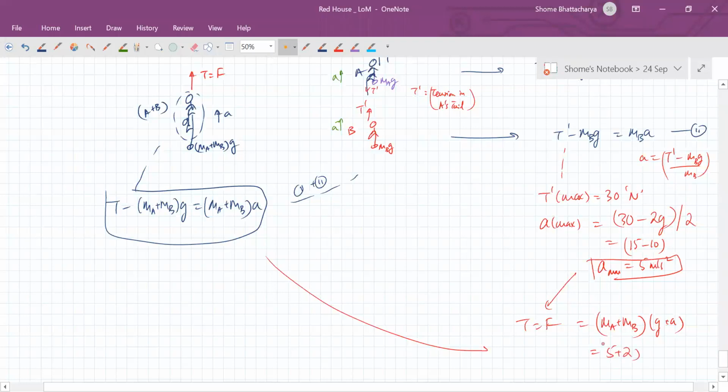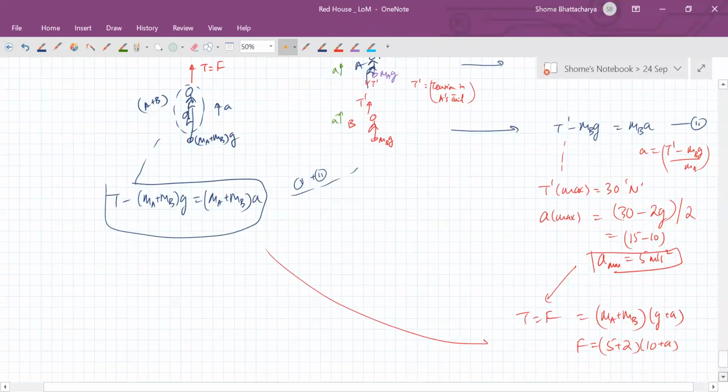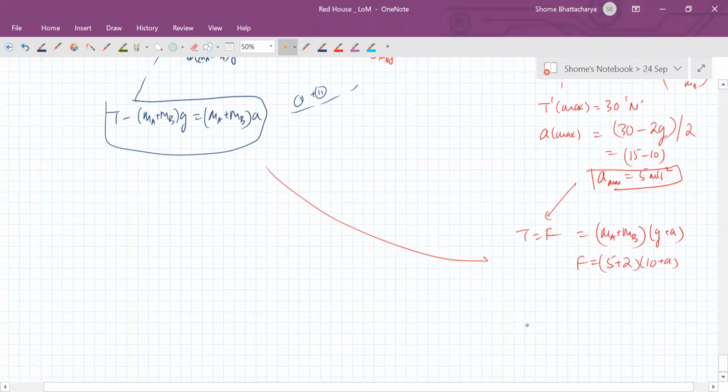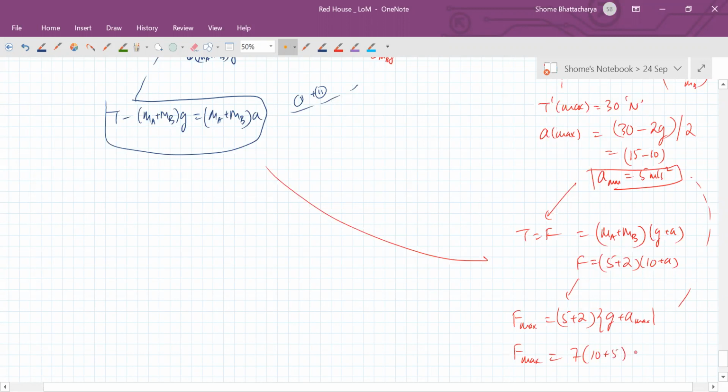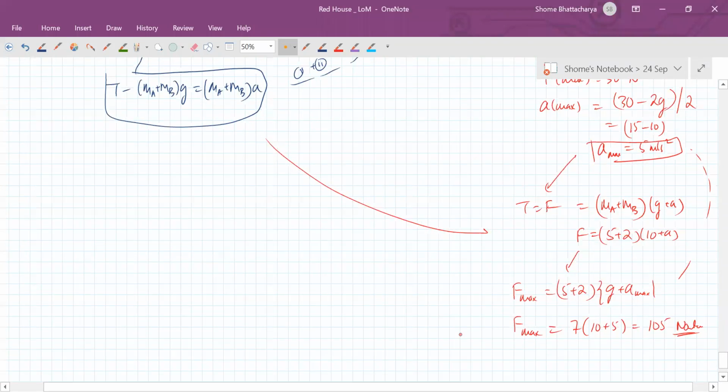So that is 5 plus 2 into 10 plus A. This is the amount of force he is applying. So the maximum force he can apply will become 5 plus 2, that is 7, into G plus A's maximum possible value. So A's maximum possible value is 5. So when he applies this maximum force of 7 into 10 plus 5, or 105 newtons, in that situation what will happen is that, so for F equal to F max